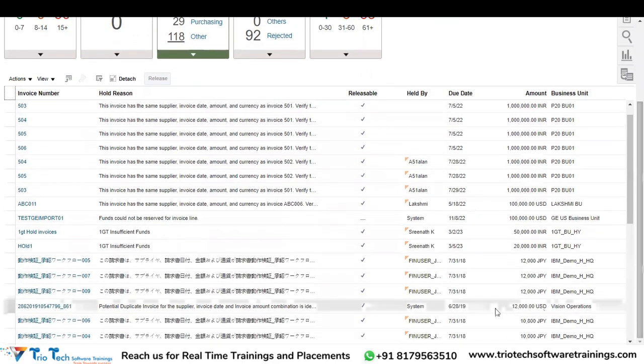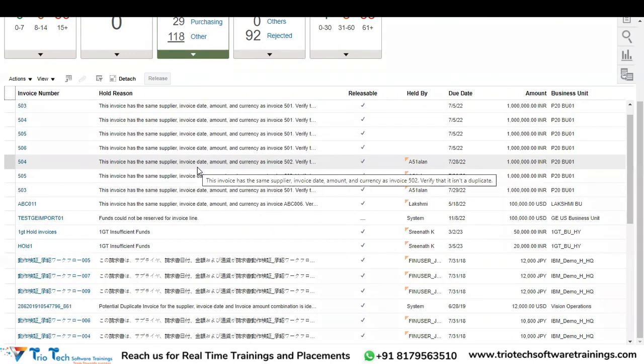Hold means basically it is still not completed with the validation process. The validation is still not successful, and it is put on hold. So those issues which the hold is highlighting need to be resolved, and then you can move further. Some holds are resolvable, some holds cannot be resolved until you correct the scenario, like the case of